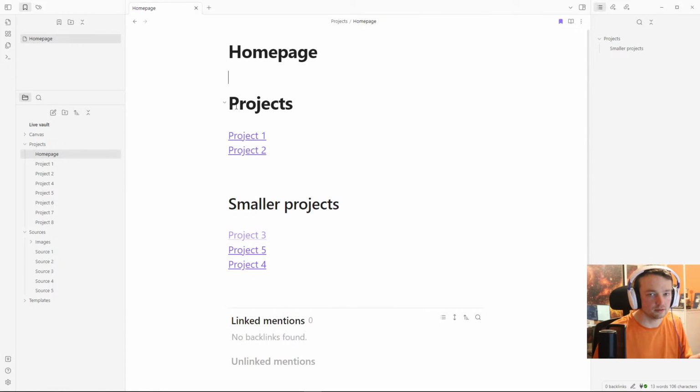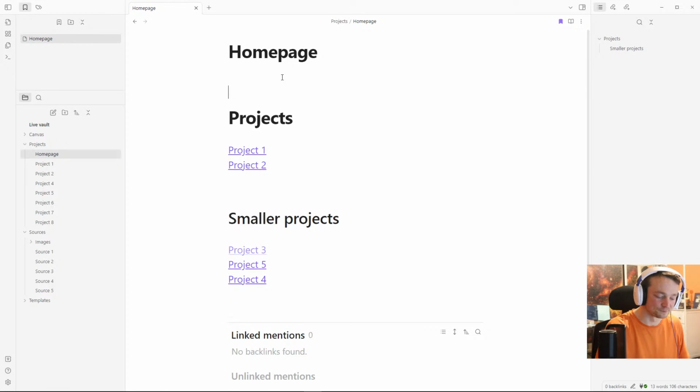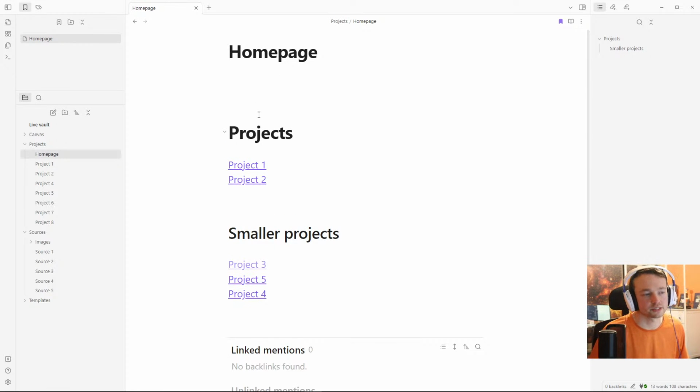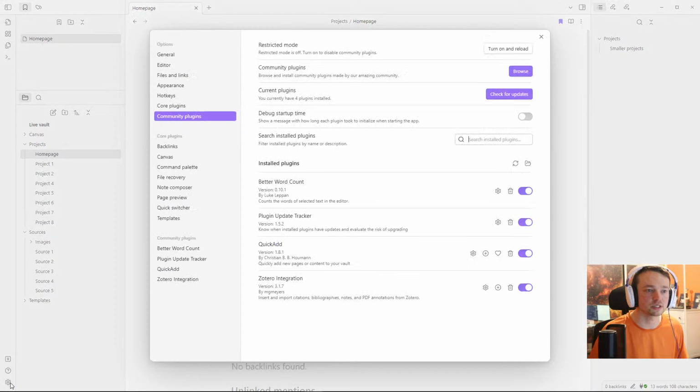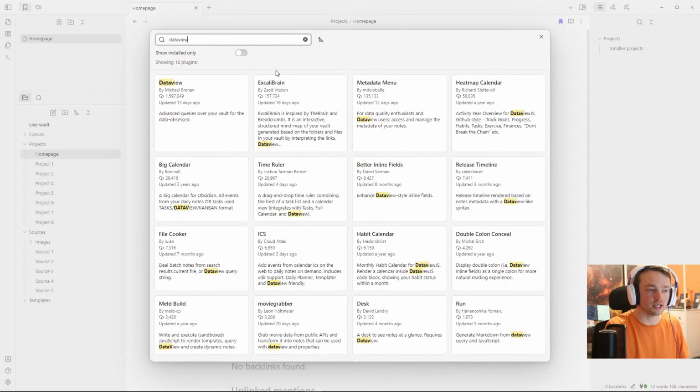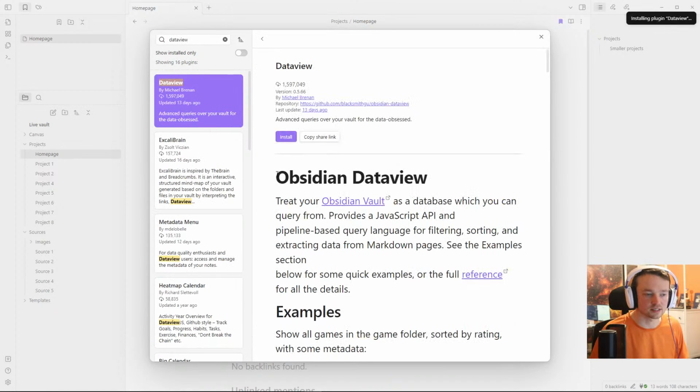You could be clever with a quick add and make it automatically add a link to the homepage. Or you can use a data view query. Either of them work. I use a combination of the two. I'm going to show you the data view query one, then maybe the quick add one if you want. But I'm going to use the data view query one because it gives me an opportunity to show you data view, because I feel like it is another plugin that is worth installing if you're going to query lots of things inside of Obsidian, and I do use this for surfacing sources